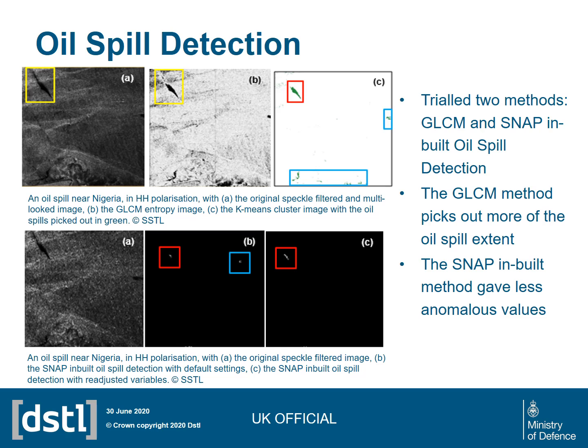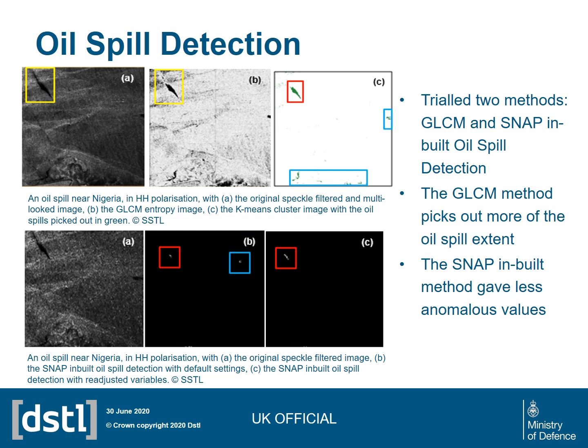This utilised a textual analysis of the image to detect the contrast of the oil spill when compared to the surrounding image. On this contrast image seen here centred top, a k-means unsupervised classification was performed, and by determining the cluster that showed the oil spill and colouring this green, the oil spill could be picked out clearly. The benefit of this method was that the full extent of the oil spill was much more visible than the